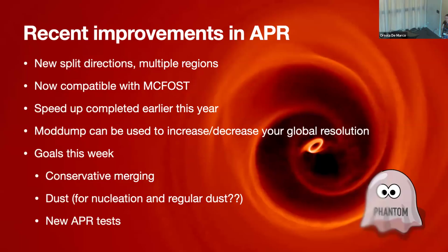The other thing that I'm really interested in is some new tests for the APR. At the moment, the tests we have are quite minimal, and what that means is that sometimes problems propagate through the code. We don't want that. So we want to try and design some new tests that are a bit more rigorous than what we currently have. And I'd love to hear ideas